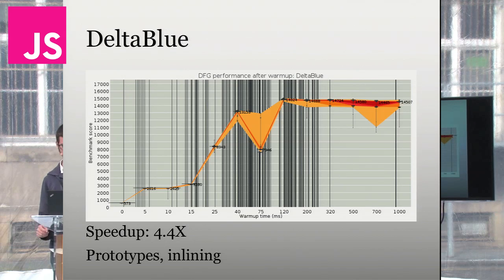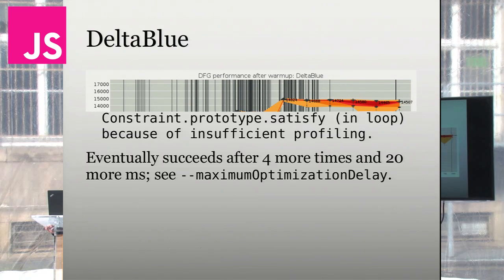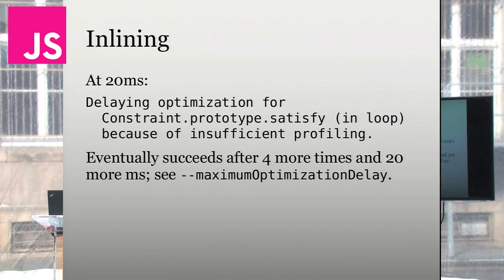That's just the first benchmark. So second is DeltaBlue. It's a constraint solver. And we get a fine speedup on this one. We get a bit more paint here, as you can see. There's more yellow. There's more variance towards there. And I'll talk a little bit more about what that means. But on this one, it's very important to inline. If I look at the logs, and I'll talk about how to get the logs a little bit later, I think,